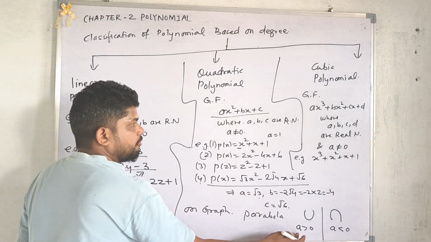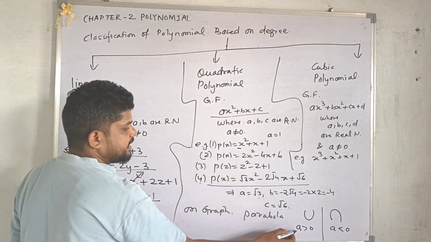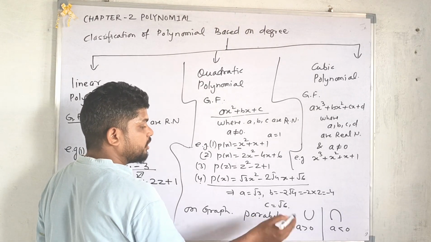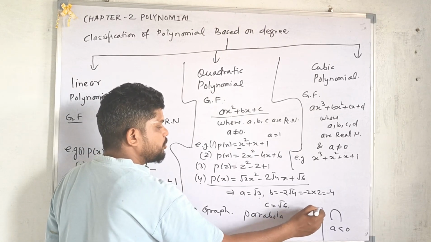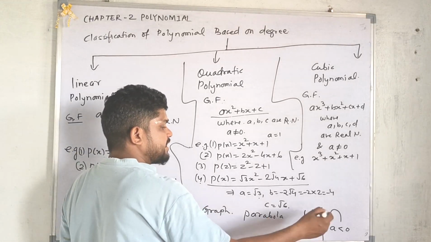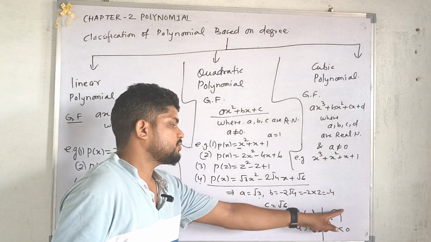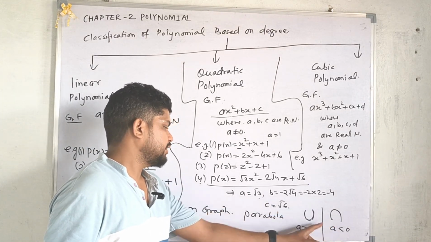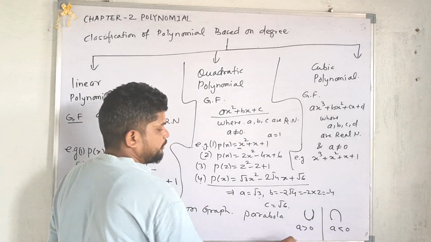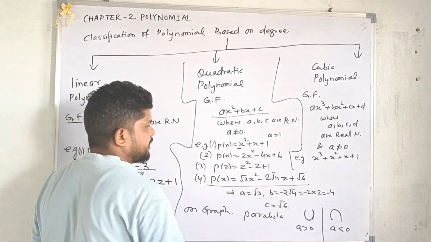Okay, let me tell you once again for better impact. If the value of a is greater than 0, that is positive, then the presentation on the graph will be an upside U shape, that is a parabola. If the value of a is negative, then it will always be towards the downside, that is a downside parabola. Okay, if a is positive, then it is upside. If a is negative, then it is downside. Okay,